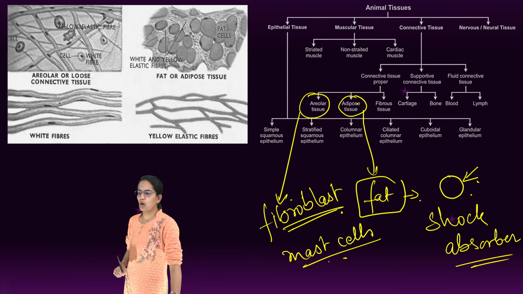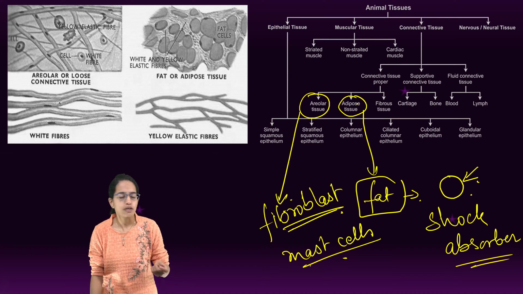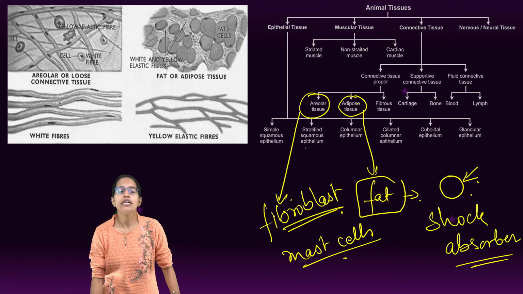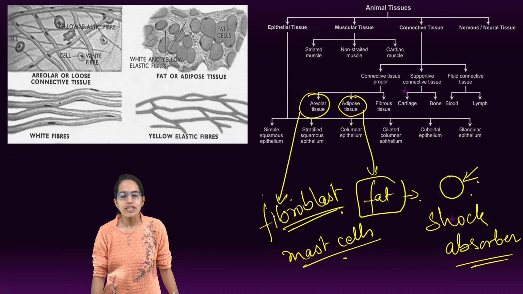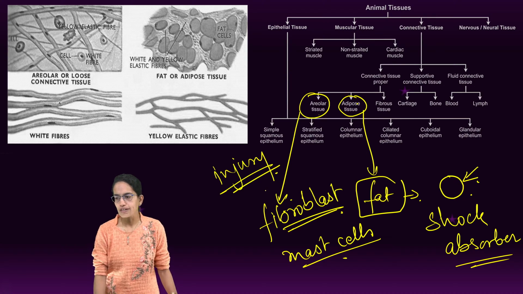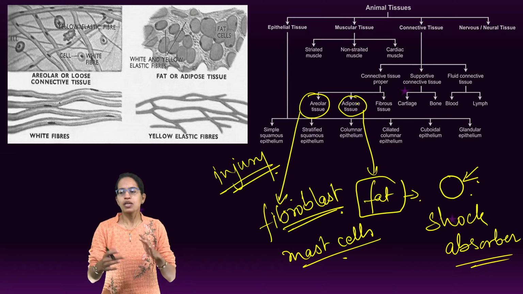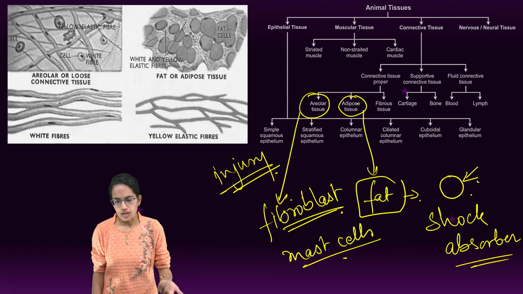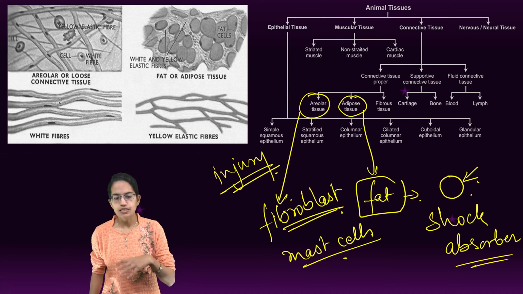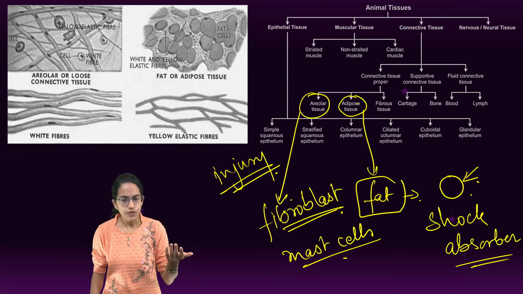The next important one is when there is an injury onto the body, which cells would come into account? It's the areolar tissues again. So when there is a mechanical injury, then these areolar tissues would actually be responsible. Where are they found? They are found in the kidneys, below the skin, and some of the major functions, as we said, in the case of allergic reactions, mast cells are an example of areolar tissue. Similarly, secretion and heparin production is another function of areolar tissue.